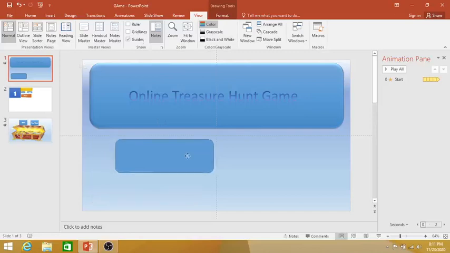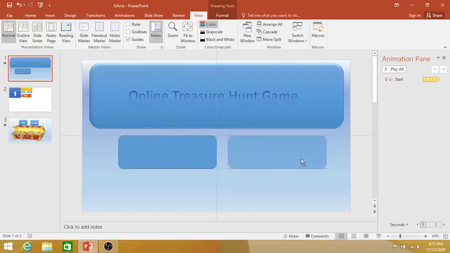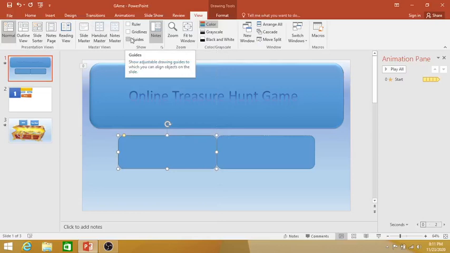And here bring it to the top, at the middle, just below the online treasure hunt game. Press Ctrl and create one more box, one copy.